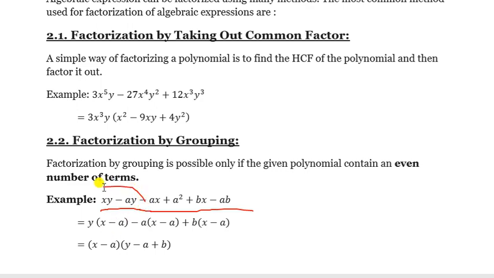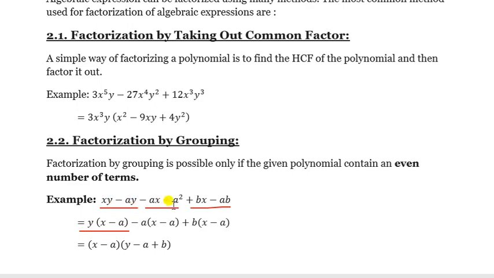See, if we make here, this is a group. Then this is also one group. Sorry, ax minus a square, and this is also one group. Okay. And after making the groups, suppose this is one group, this is another group, and this is one more group. Now from the first group we can take common. I think you can see easily. Y we can take. So if we take y from these two terms, then x and minus a will be left. See, I have taken only y common from the first two terms.